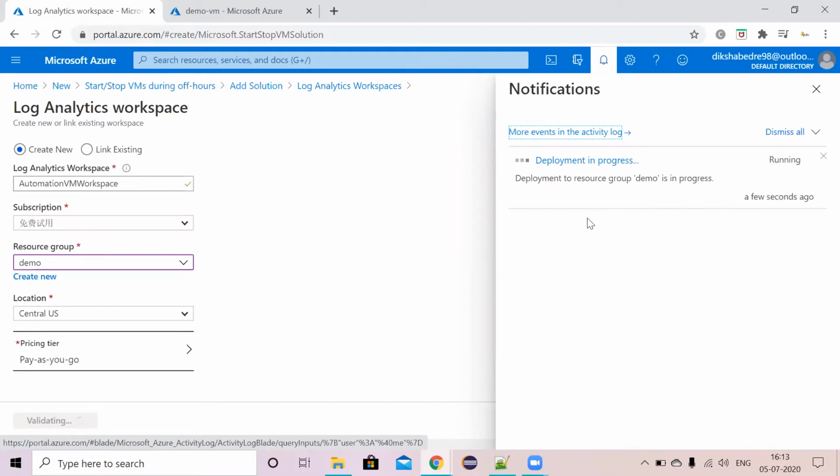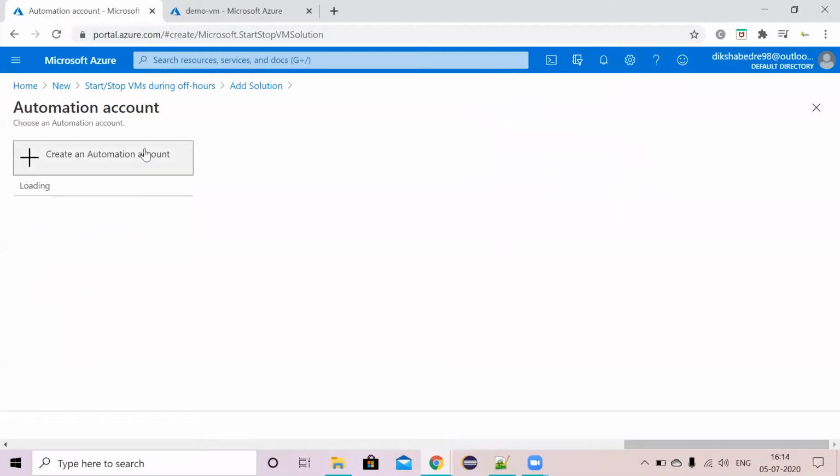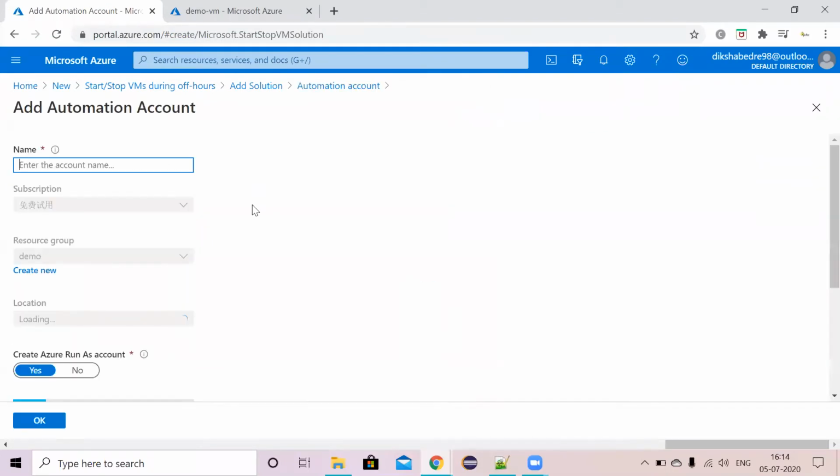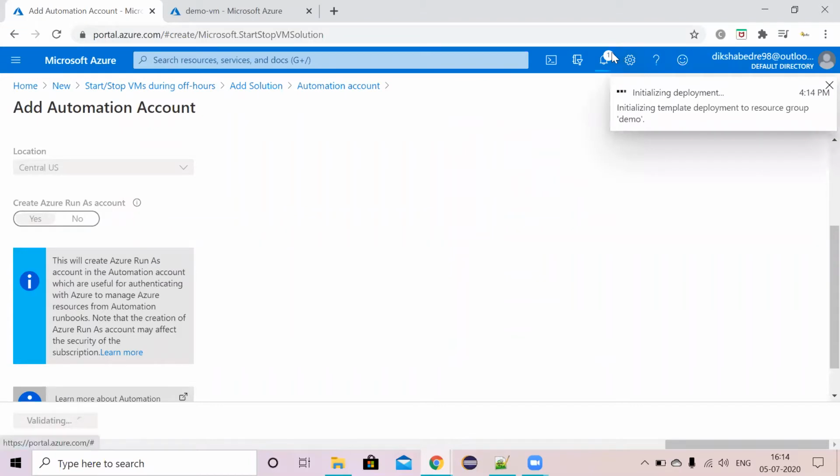After this we will create the automation account. So the workspace is done, then we will create an automation account. New automation, VM automation, I'm giving for now. I'll click OK, and it will deploy.